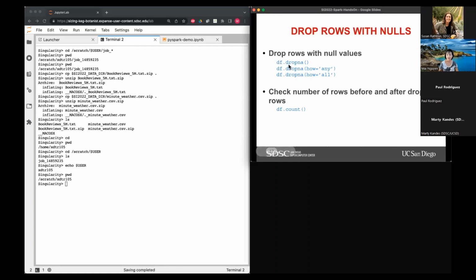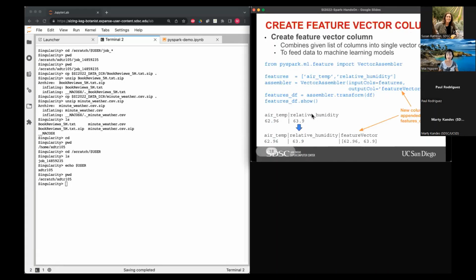Here's some examples for dropping nulls and checking the counts. Okay, so one thing to note is for Spark, which is different from scikit-learn or from R, you have to create a feature vector column in order to input data into a machine learning model in Spark. So this combines the list of columns into a single vector, right?